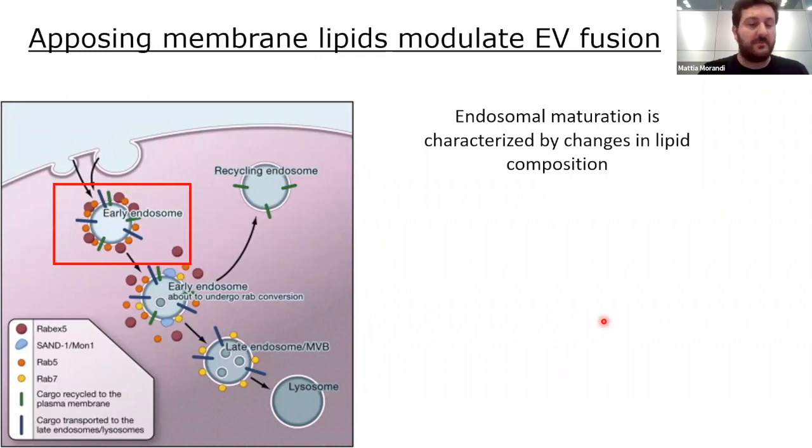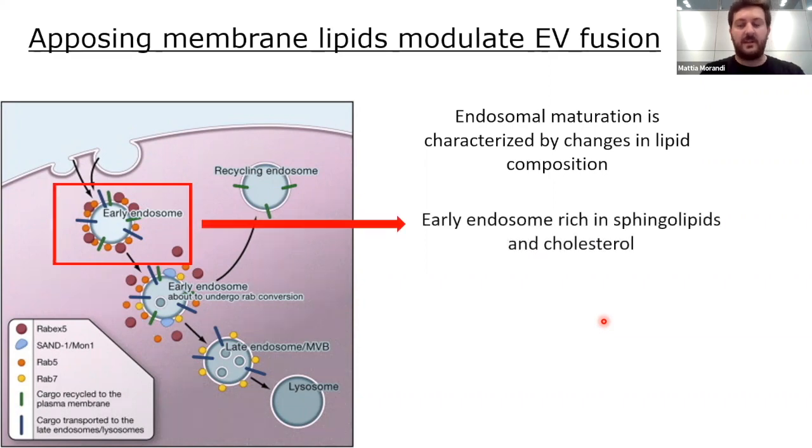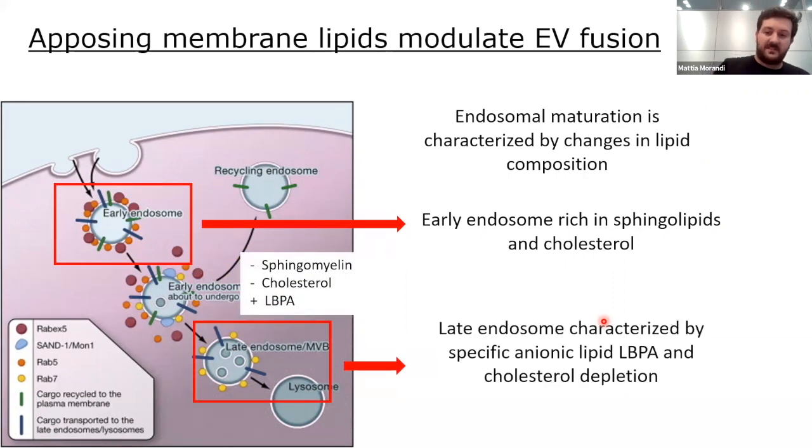And this is quite important because endosome maturation does not only imply change of pH, but also implies a very significant change in lipid composition. From early endosome, where you would have a lipid composition more closely similar to an outer leaflet of the plasma membrane, so rich in sphingomyelin, sphingolipids, and cholesterol, as it matures, the endosome gets enriched in LBPA, but gets depleted in cholesterol. So one question we can ask is, how does lipid composition affect the fusion,